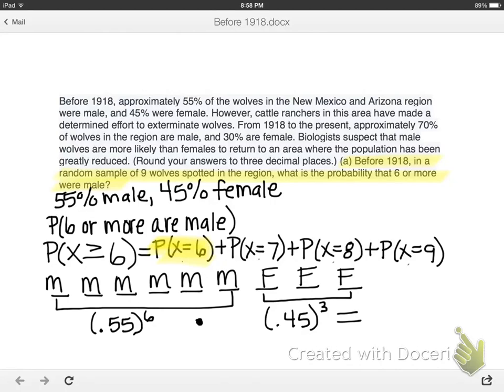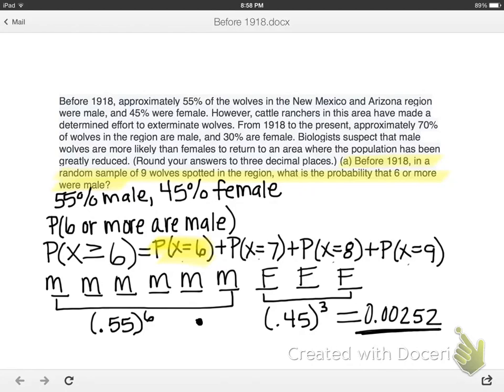So 0.55 to the 3rd power times 0.55 to the 6th power times 0.45 to the 3rd power. It says round answers to 3 decimal places. So this is 0.00, and I'm going to go a little bit farther because this is not my final answer. We'll say 0.00252. That's 5 decimal places, but that's okay. Now, this number isn't my final answer by any means, but